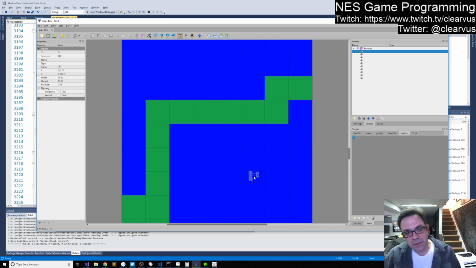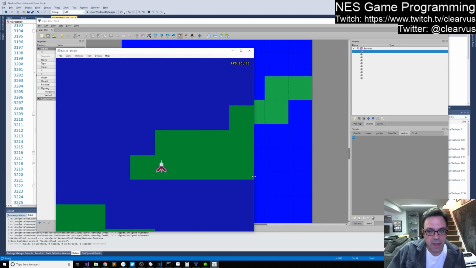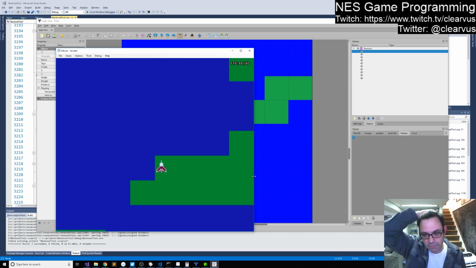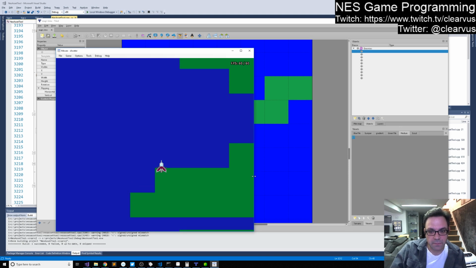So we're going to do some interesting tricks to make the maps feel longer and not repetitive, but just have a sense of actually traversing a world,